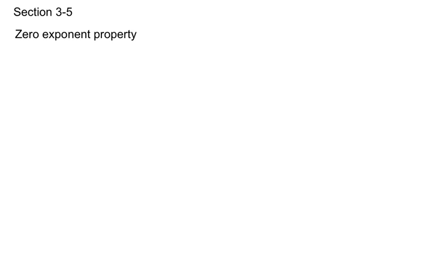In this section, we're going to learn about two new properties, the zero exponent property and the negative exponent property. We're going to do this by exploring what happens when we decrease the power to the same base over and over again. We're going to start with the zero exponent property, and make sure you write that down